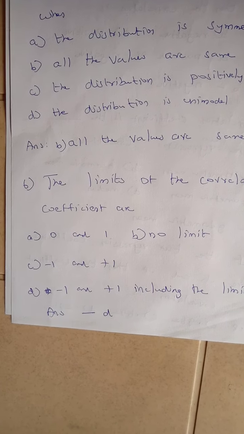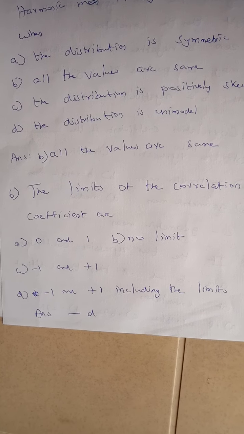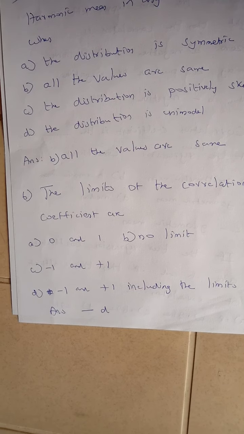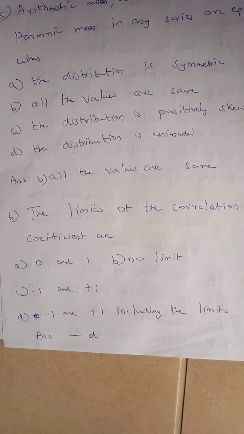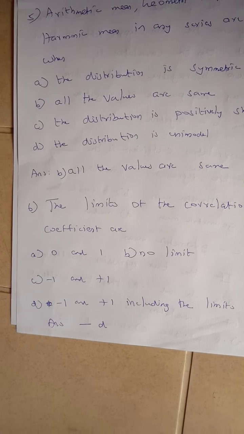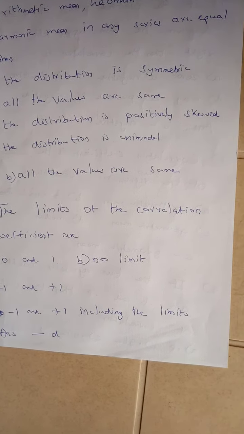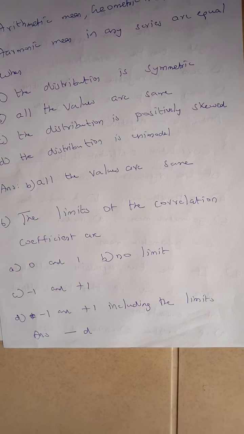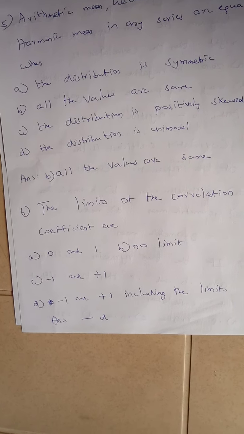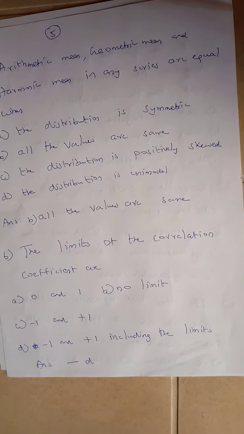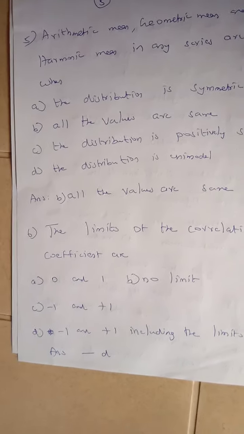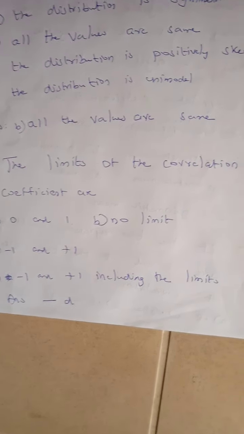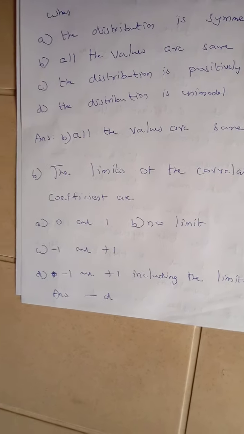So in our exam there will be three different types of questions. One-third of the questions will be very direct questions. So out of 200 questions, we can expect 66 or 67 direct questions. Another 66 questions will be a little complicated, like this type of question. They will try to twist us. So in this question, you should not select option C, minus 1 and plus 1.